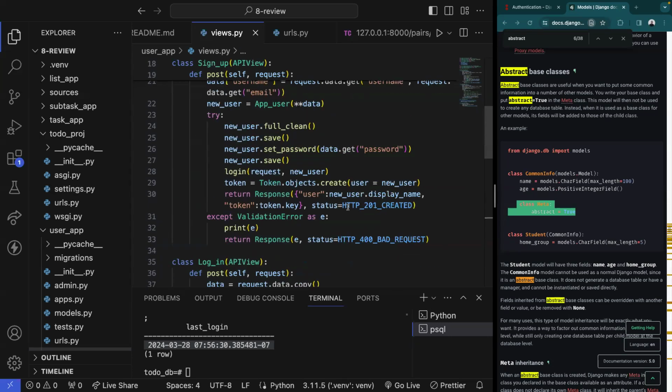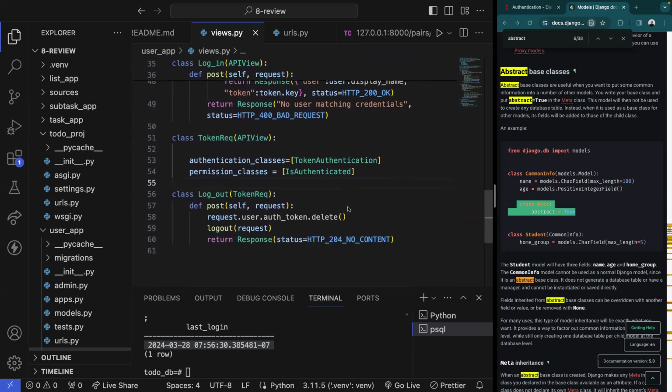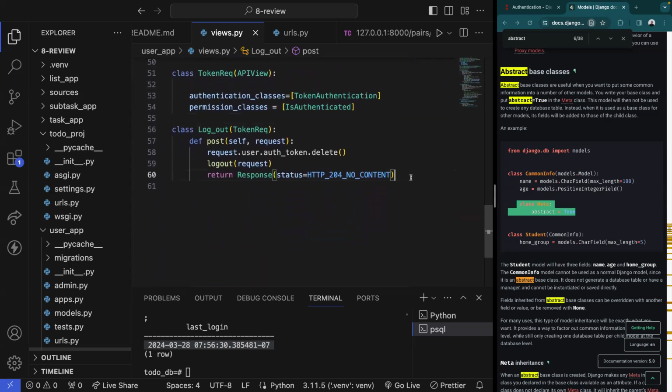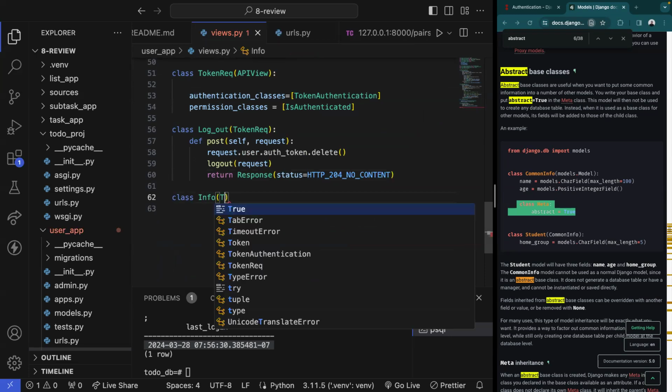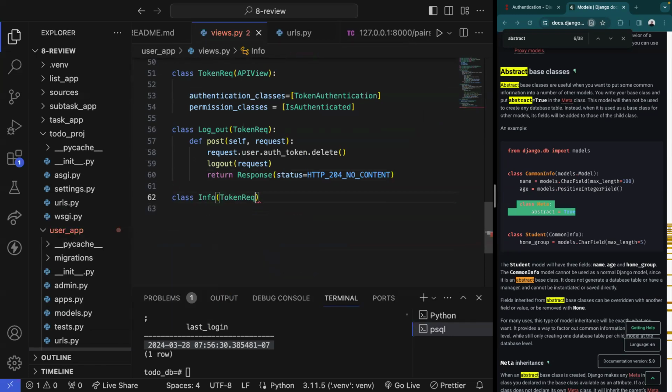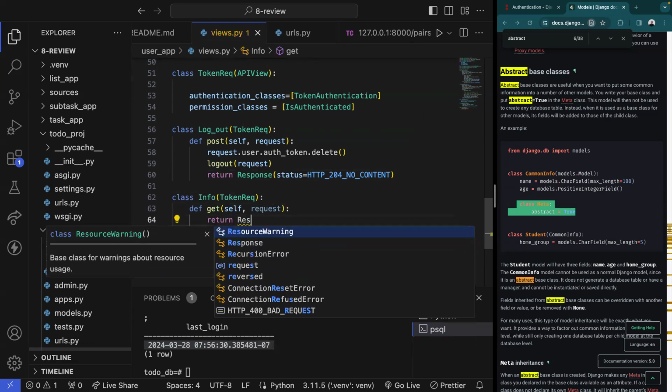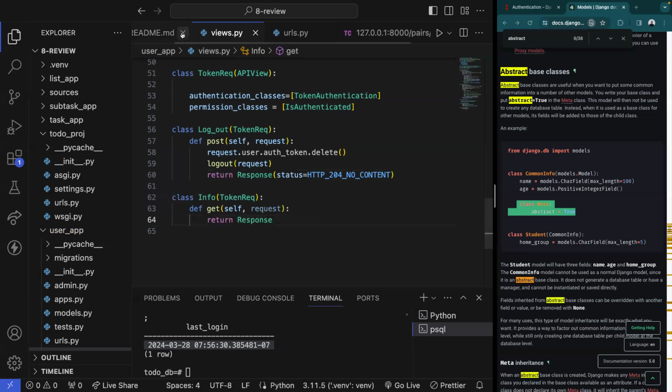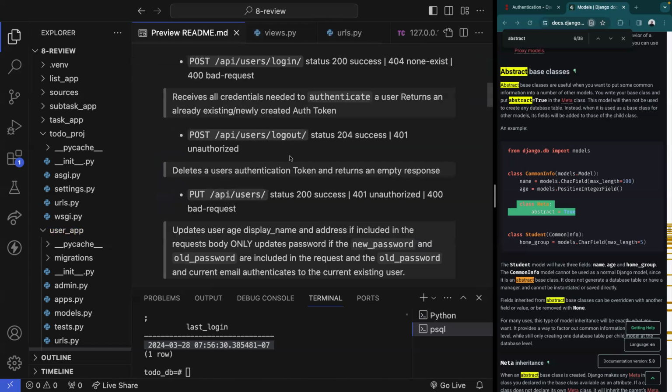All right. So far we have our sign up, log in, and log out methods built out. I'm returning the proper responses for each one of them. Let's go ahead and build that info method. It's going to take in that token required, and it's going to take a get method of self, request. And I believe all I need to do is return a response. And in this response, all that it's going to return